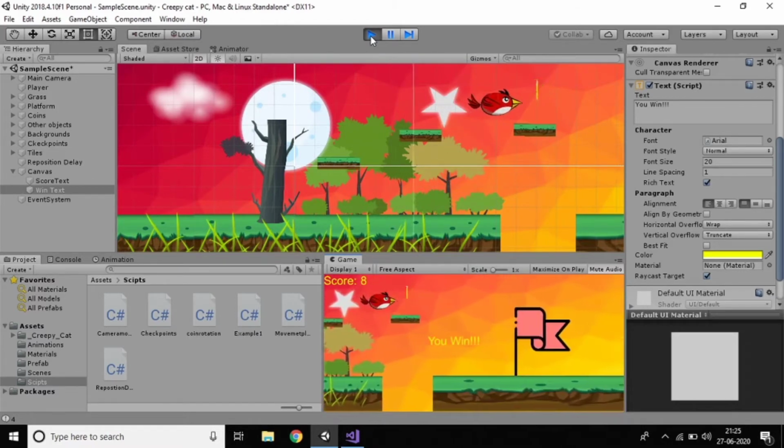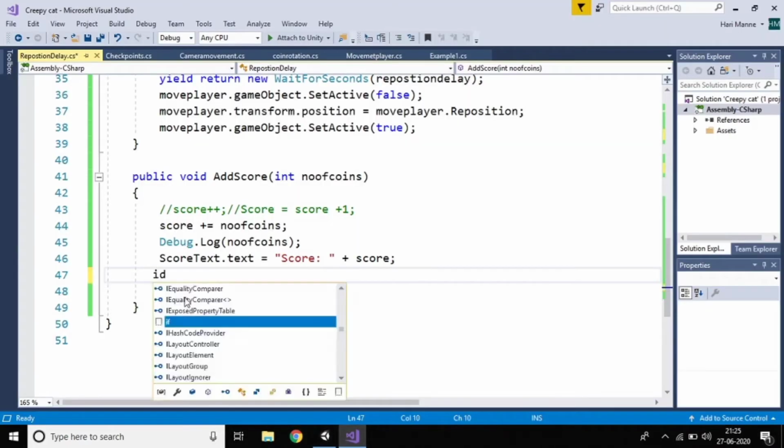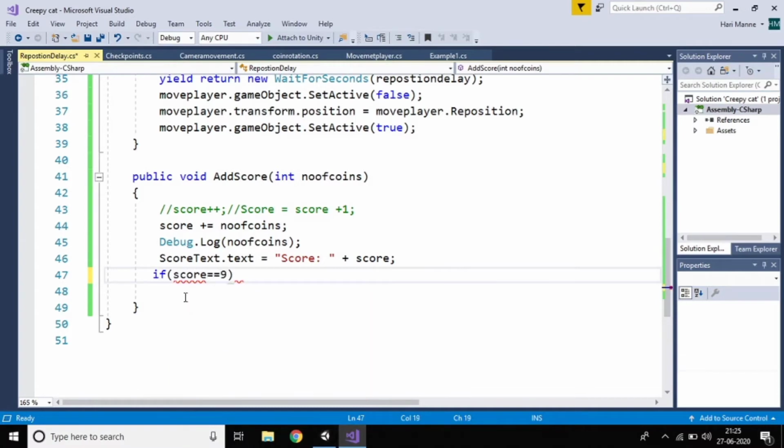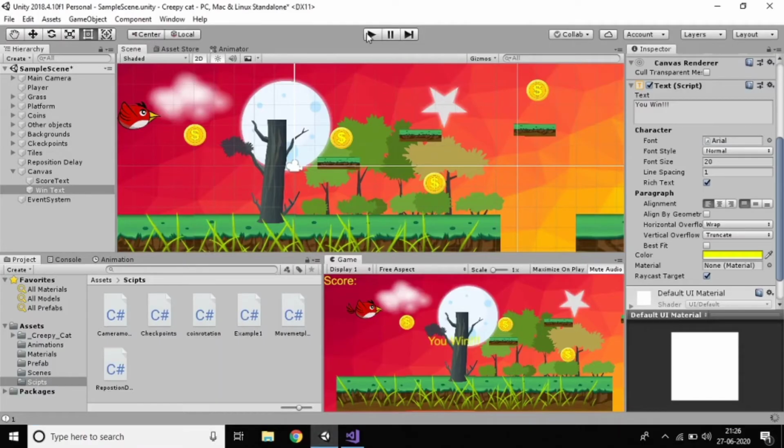So the score is 9. If score is greater than or equal to 9, then it should print winText.text equal to "You win". Just save this with Ctrl S, go here and now play.